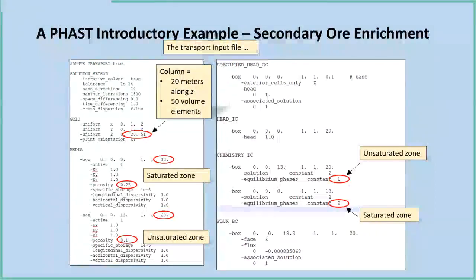The grid is defined only in the vertical direction for this example, or along the z-axis. The resultant column is 20 meters in length and is divided into 50 cells. Note that a cell is defined by corner node points. Hence, there are 2 node points in the x and y directions. These are basically representing one cell in each direction, and correspondingly 51 node points in the Z direction for all 50 cells. Under the media keyword block,